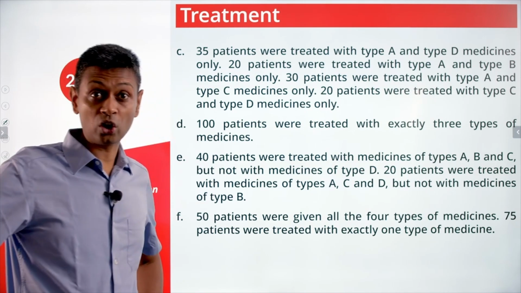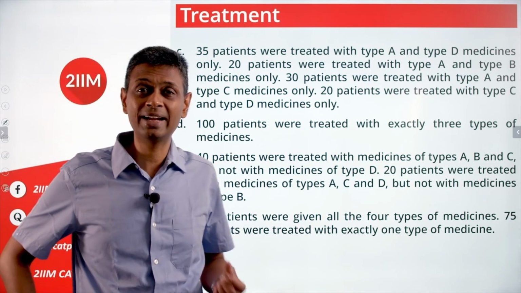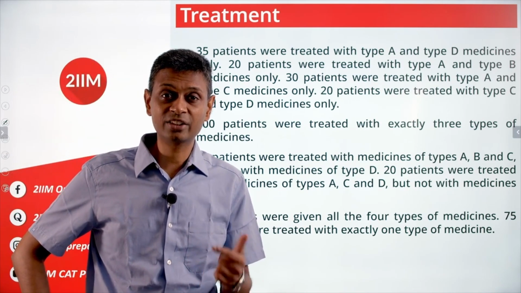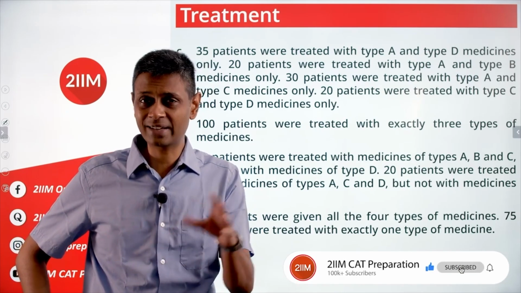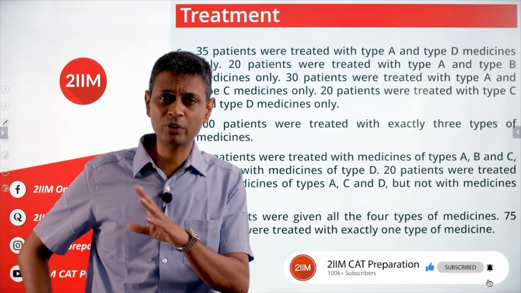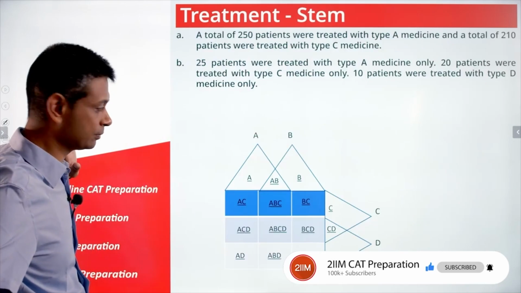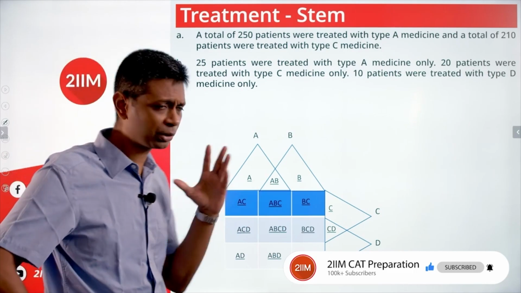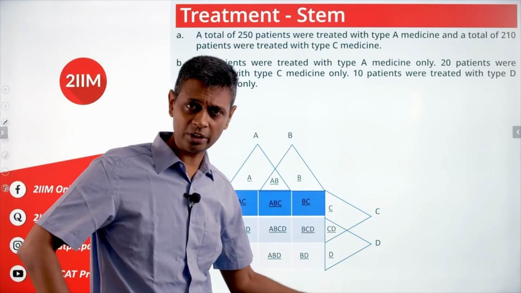I'm not going to register all of this because chances are I can't retain all these numbers. We're talking about A intersection B only, A intersection B intersection C only, A, B only, B, C only, etc., etc., etc. So I'm going to revert to the Venn diagram, the standard format of dealing with this, then fill all the data in. And so it's a beautiful representation of 4 sets Venn diagram. Set A, set B, set C, set D.